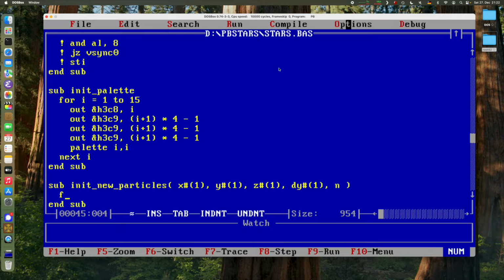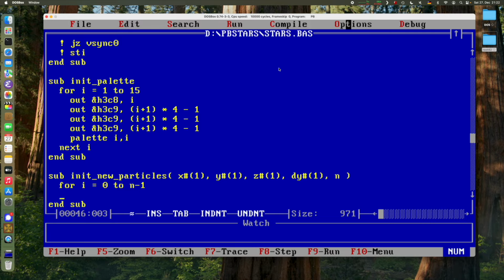But we would have gotten away with this, I think. So we're going to iterate over all the particles, just as usual. And then we will call a function called new particle that takes exactly the current element that we're working on and will initialize it with nice